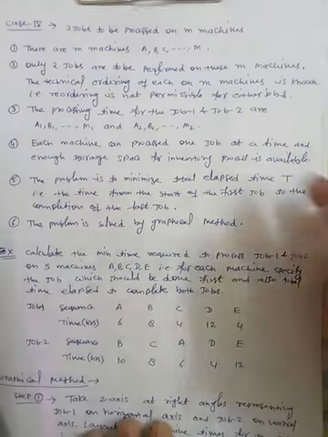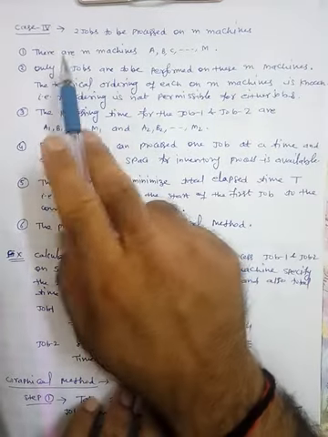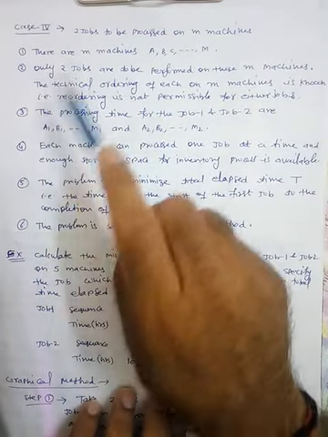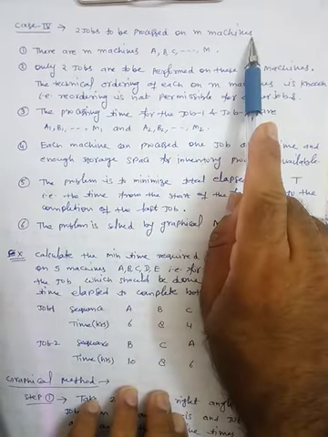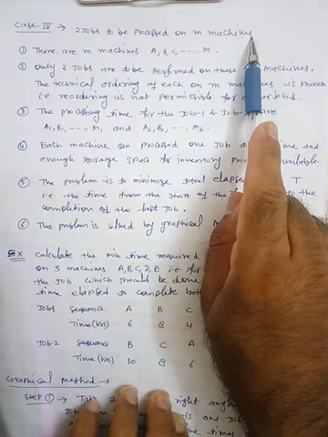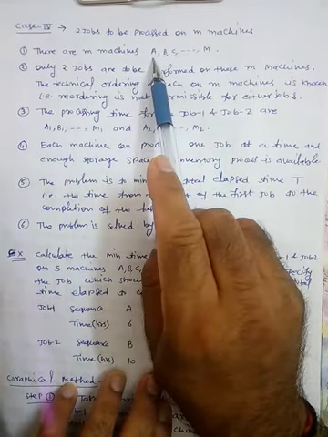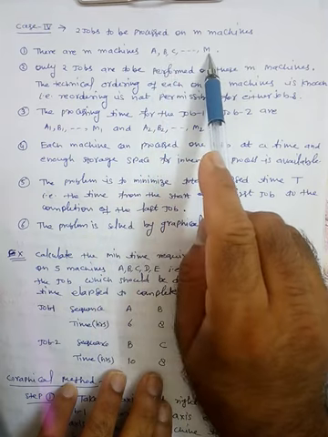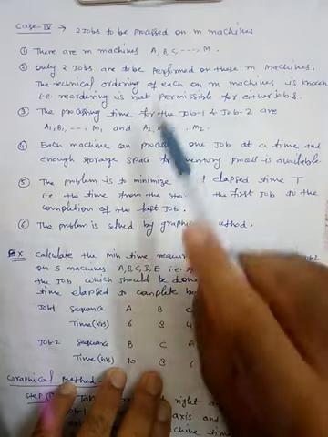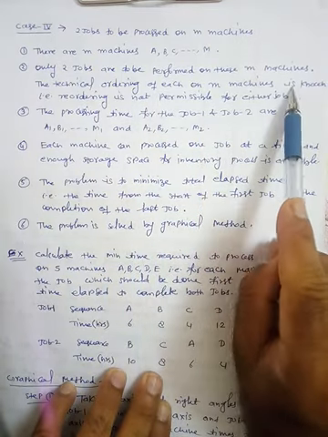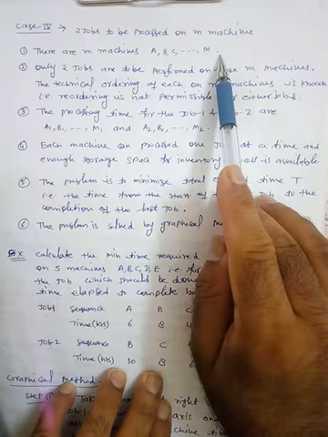Students, I'm going to teach you the fourth case in job sequencing when there are two jobs to be processed on m number of machines. So there are m number of machines, say capital A, capital B, capital C, and so on. Only two jobs are to be performed on these m machines. We have only two jobs and m number of machines.